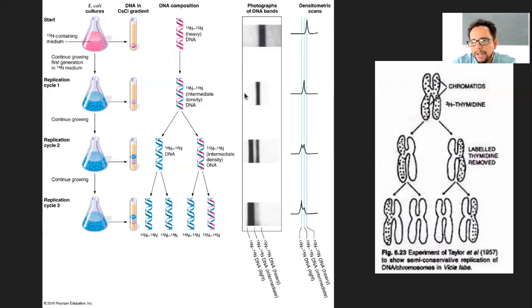N15 half, N14 half, right? And the remaining 300 will have all of it as N15. Now if you calculate the total amount of N15, it will be quite a lot, ideally 700 plus 700. 700 will be N15, 700 will be N14, that is half, and plus 300 plus 300, because